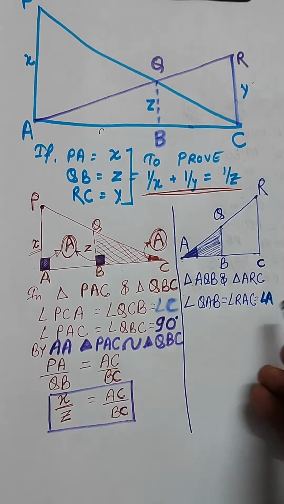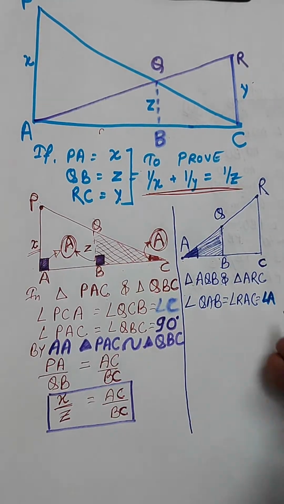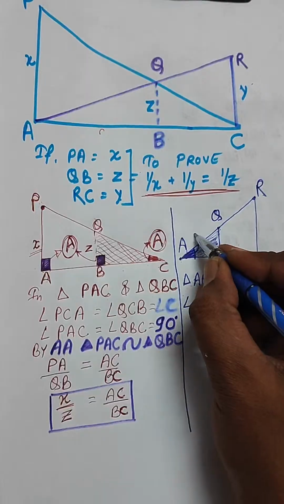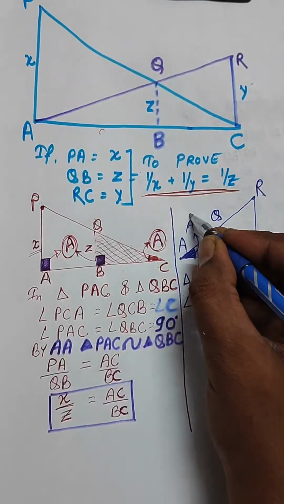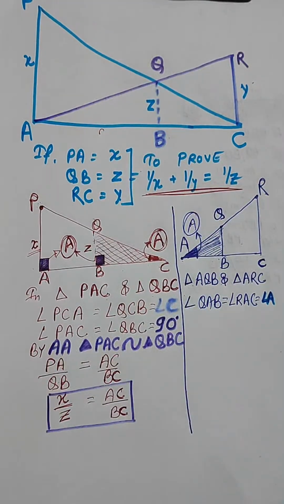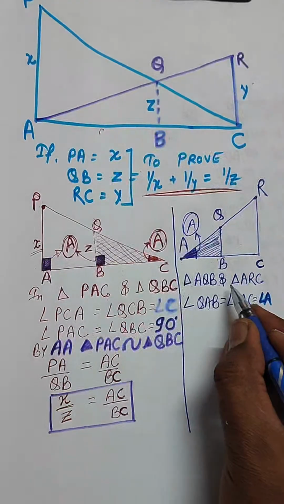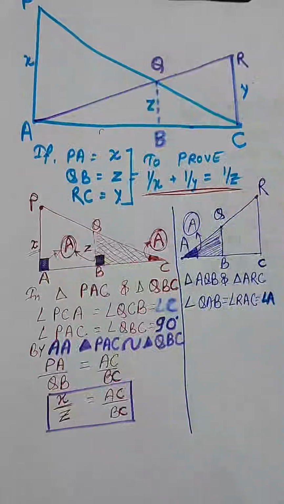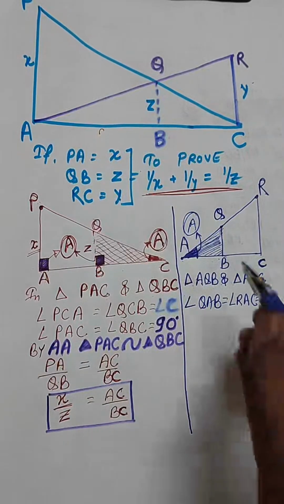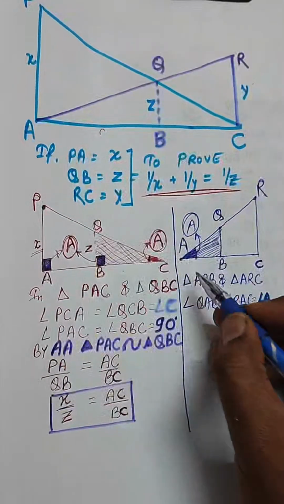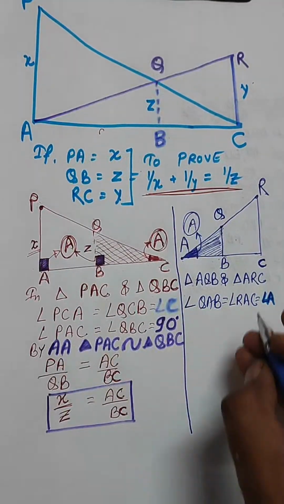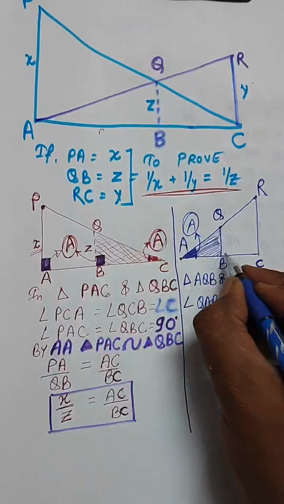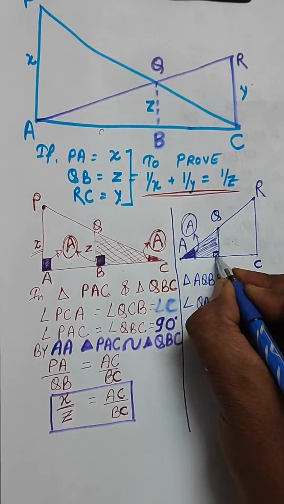Now from here you can see the second angle. So this is proving one of the angles in the similarity. To prove the similarity of two triangles, this angle is proved as a common angle. For both the triangles, this angle is same. And again, as we did for this triangle, this angle